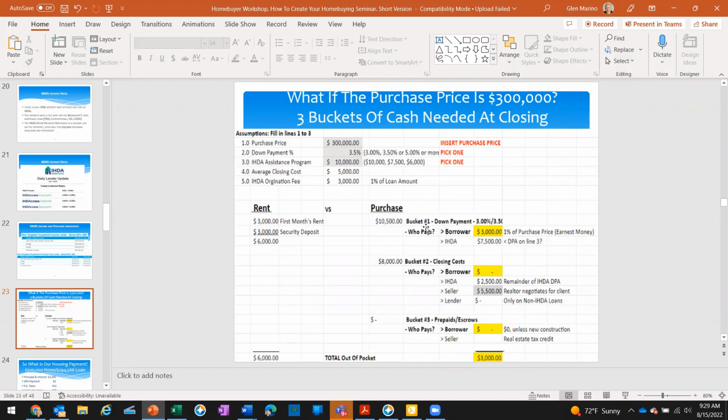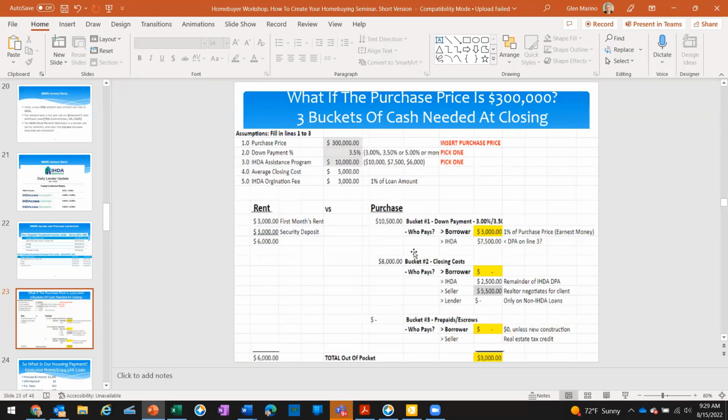They're going to take out of their $10,000 bucket $7,500. Add the 2 together, 3,000 and 7,500, that's 10,500. They've got all the money for bucket number 1. Put a check mark and say, got all the money I need. Thank you very much. I'm out of pocket $3,000. I still have $6,000, so you used 3 of my $6,000.